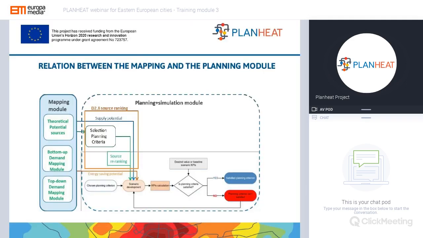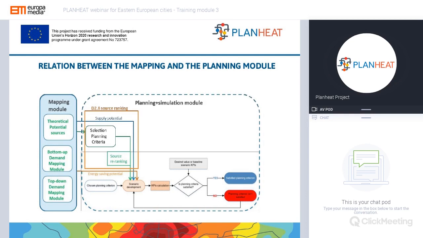So let's see what is the relation between the mapping and the planning module. On this slide, we can see the inputs and the relation between the mapping and planning module. After the mapping module, the planning or the simulation modules can be started. The planning module has different steps.